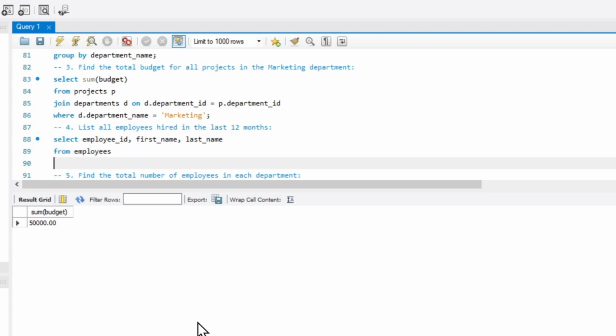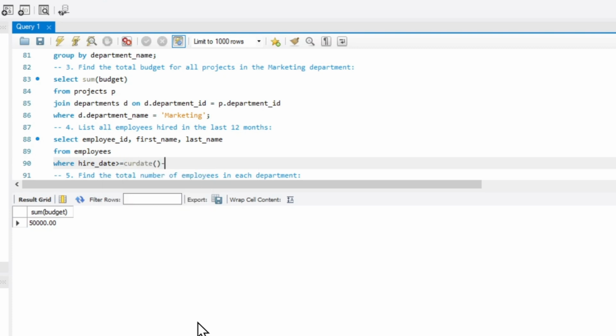And we want to filter out the employees that were hired in the last 12 months. So here we'll use a filter where we'll use hire date, like hire date is greater than equal, that means hire date will be in the last 12 months. Hire date is greater than equal current date